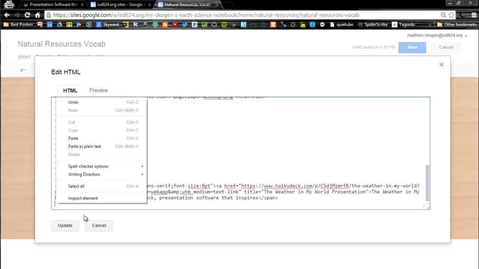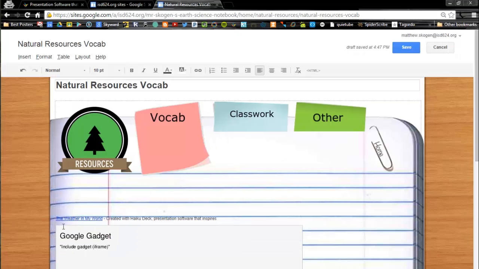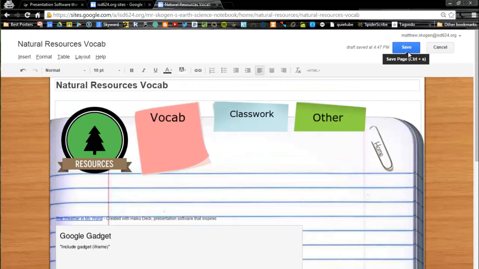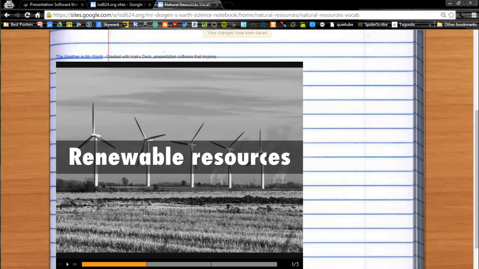Well, if we go down to the bottom and paste that thing we just copied in there, you're going to see a lot more of that HTML code pop up, and then we click Update. So it should say Google Gadget has just been added. You can click Save at the top, and now there it is, our beautiful Haiku Deck presentation with all of